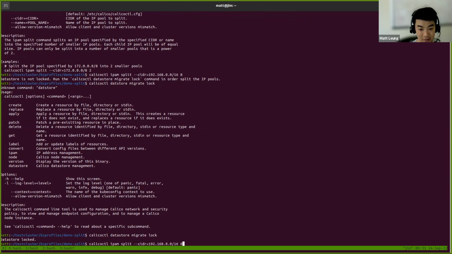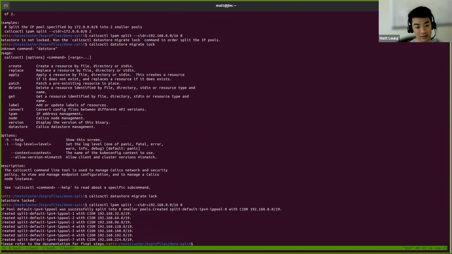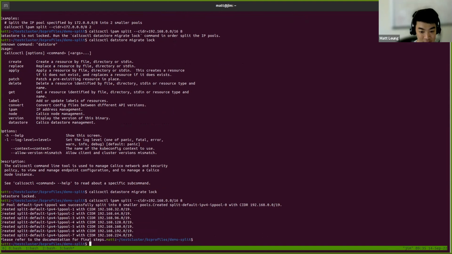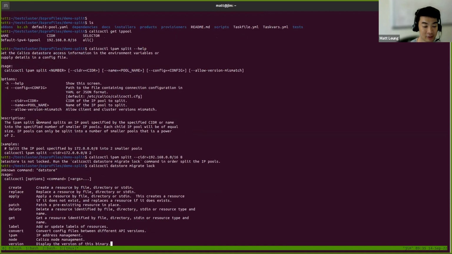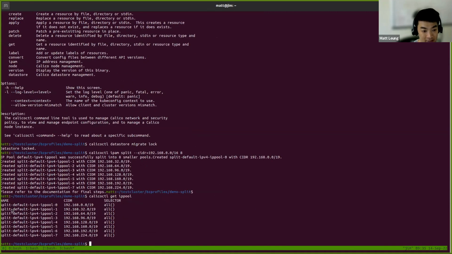So if we go back, split it into 8 pieces, you'll see that those were split. You'll see that it split all of them. So I guess there's been other questions about naming, and effectively you can just see based off of the old piece here, which was the default, that all it does is add this split prefix and a number suffix, and then just numbers them, 0-based index wise.